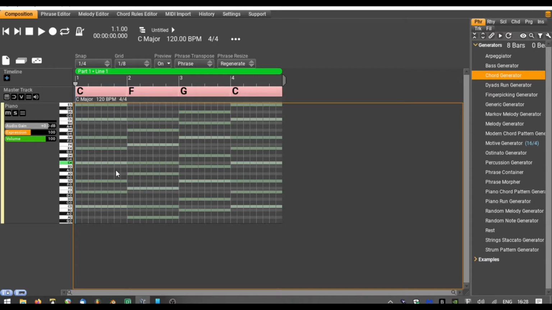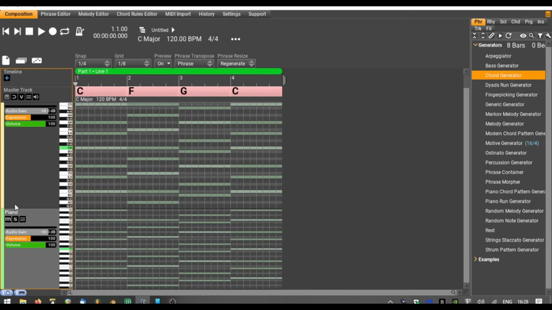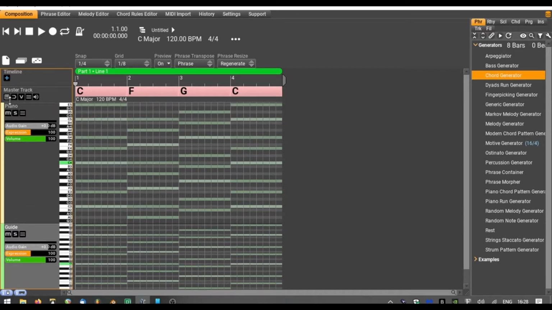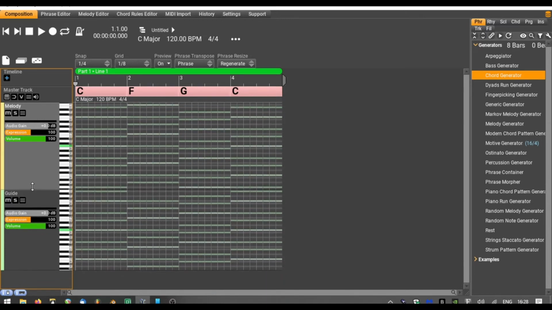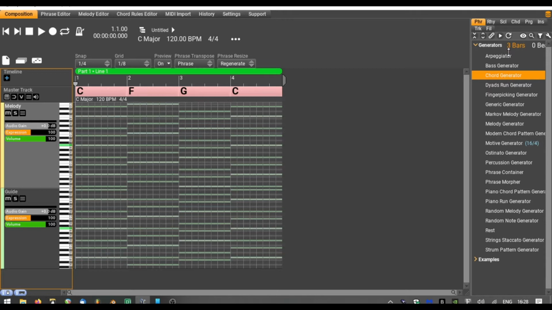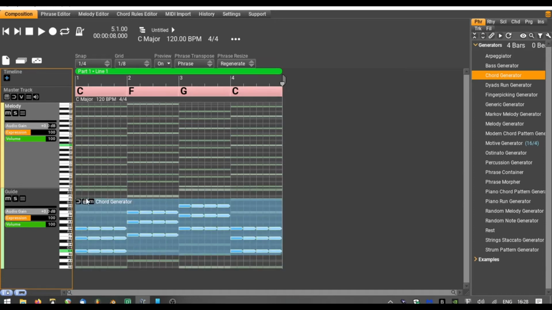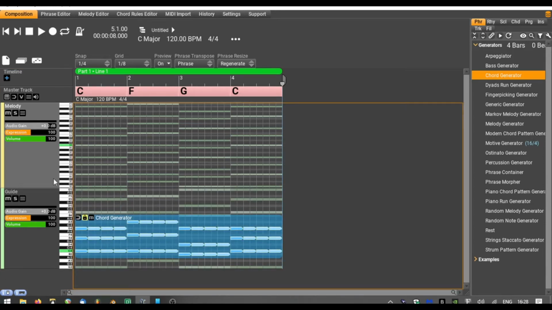So we're going to start off with the melody track. I'm going to add another track here, and I'm going to call this the guide track because I'm going to put some chords on it just to test the harmonies and get a general feel of how well the melody works. This is the melody track, and I'm just going to drag in 4 bars of chord generator. Hit the scale lock so that the chords are transiting quite smoothly. I'm just going to mute this,